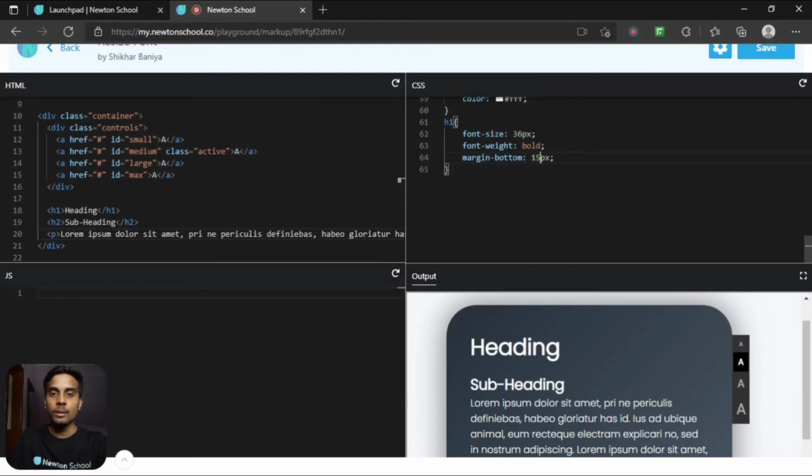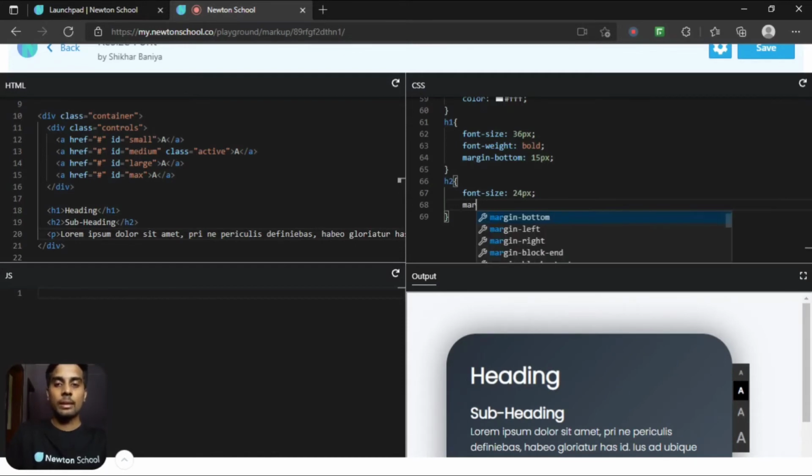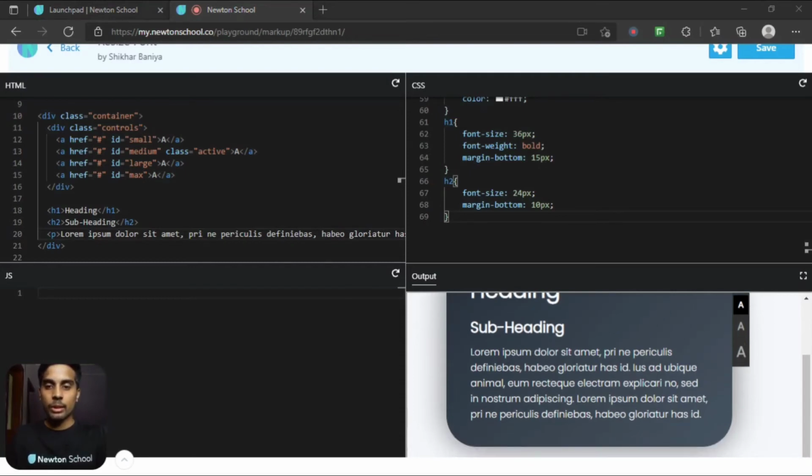In the same way, I want to target the H2 tag. Font size will be 24 pixel. I don't want to add any font weight, and I want to add margin-bottom, let's say 10 pixel. So it will add a 10 pixel margin-bottom value. And for P, I don't think I want anything.